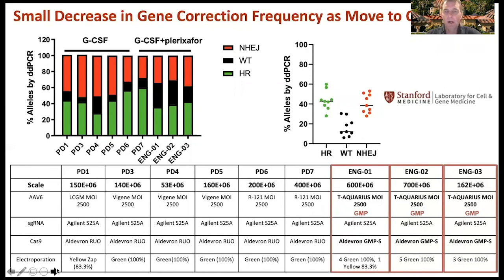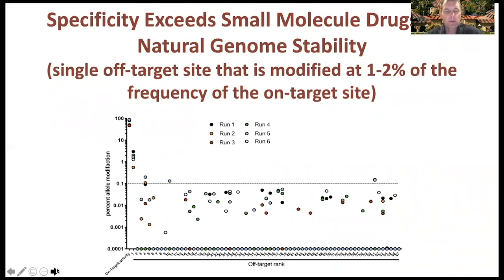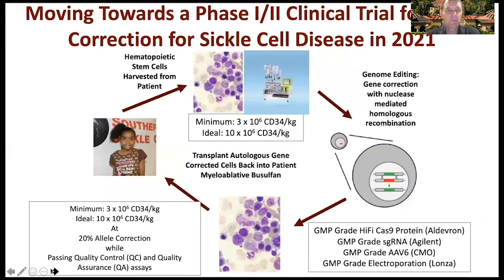And the products are highly specific. In fact, I would argue that the specificity of our genome editing process might be higher than most, if not all, small molecule drugs, and higher than the natural genome stability of these cells. We find that there's a single off-target site modified by our system, at a frequency that is 1 to 2% of the on-target site, and it is located in a site of the genome of no known functional consequence. So what we have done is submit an IND to the FDA to seek approval to